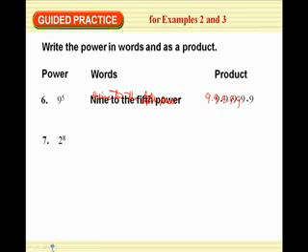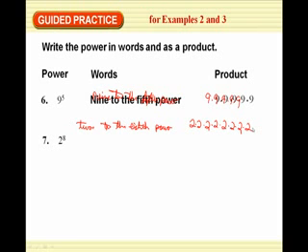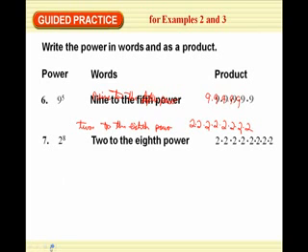There we go. So this one is going to be, I'll try to write a little higher, 2 to the 8th power. 1, 2, 3, 4, 5, 6, 7, 8. That would be 2 to the 8th power, so 8 2's. Let's see if they agree. 2 to the 8th. There's my 8 2's. I don't know why those numbers are mixed up. That would be n to the 4th